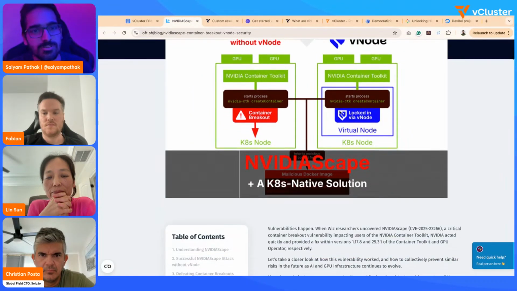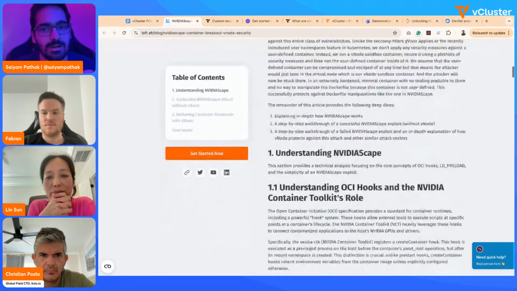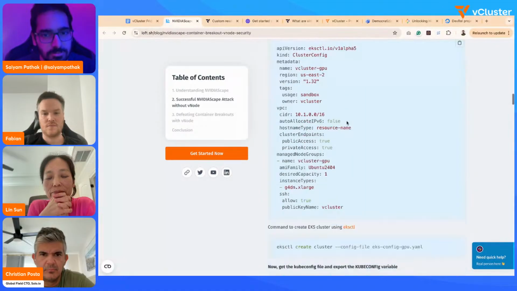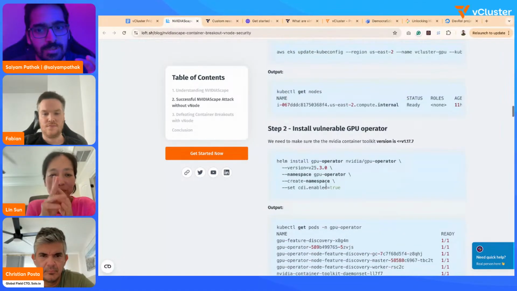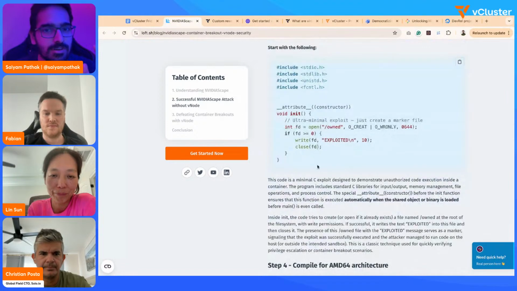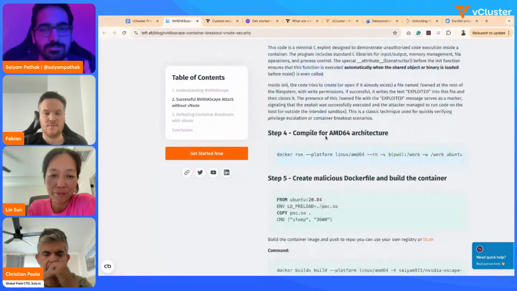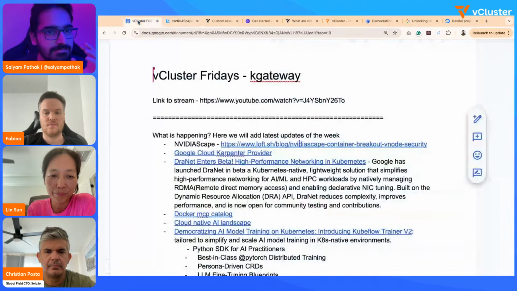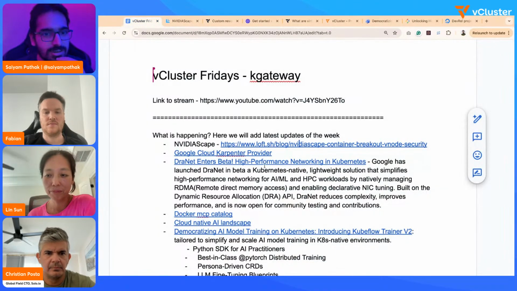This blog came out this Monday that explains how you can reproduce the vulnerability end-to-end with a GPU-based Kubernetes cluster, installing the operator, creating the vulnerable file, and then doing that. So if you are a security fan, I think this would be interesting to try out.